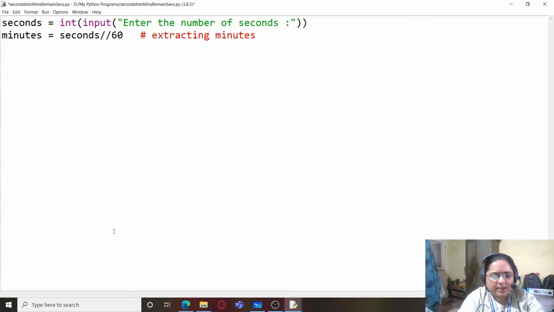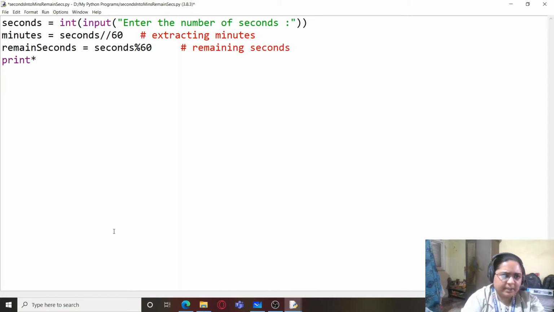Then I'm going to write remaining seconds, so for that I'll take another variable, and I'll finally print.